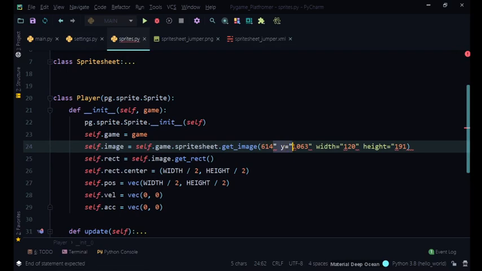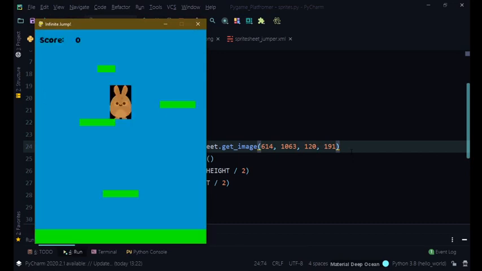So we just need to tweak it a bit. It won't actually take too long. It takes a really short time. It takes about like 10 seconds. So now let's check out the image. Okay, so now there is something very wrong with our image right here. As you can see, we've got this black rectangle. So this is basically the Pygame surface that we created in our sprite sheet class, and we don't want that